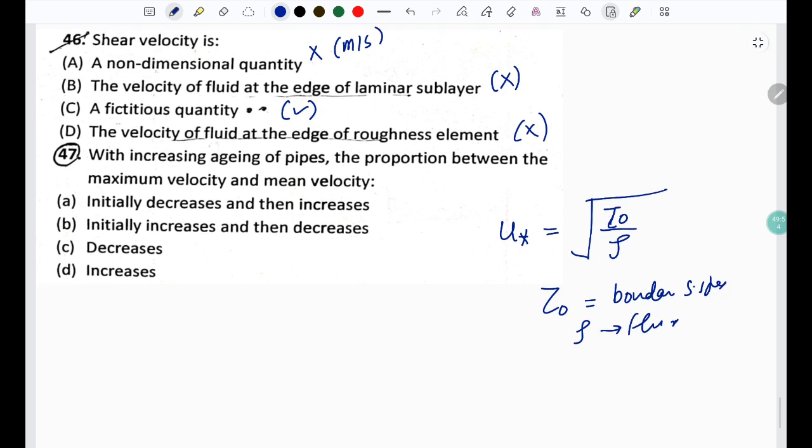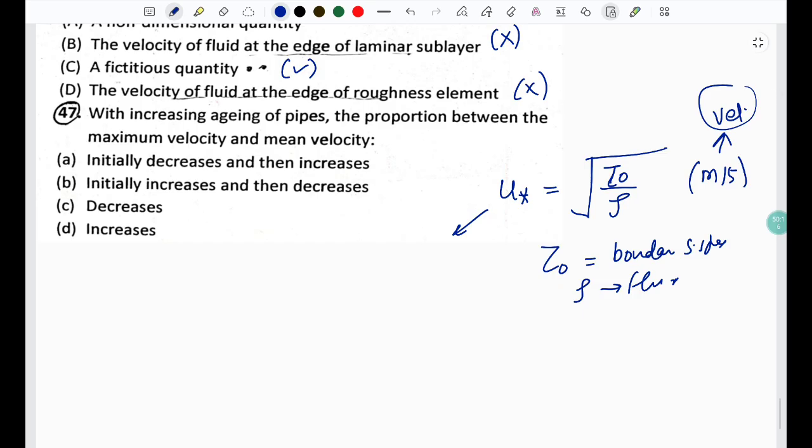Why is it fictitious? Because even though its units are meter per second, which are of a velocity, it does not represent any actual physical velocity of any fluid particle in any fluid flow. So it is a purely mathematical construct which is used to represent the shear stress in velocity terms, making it a